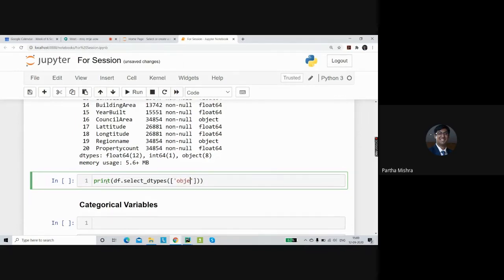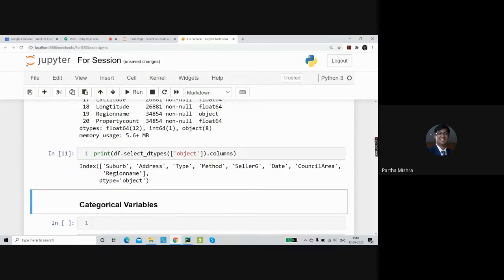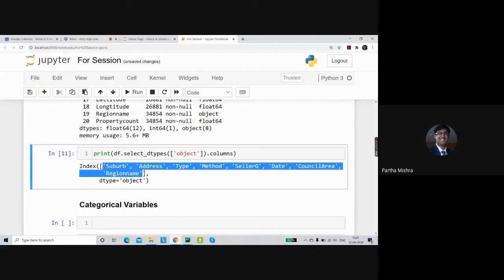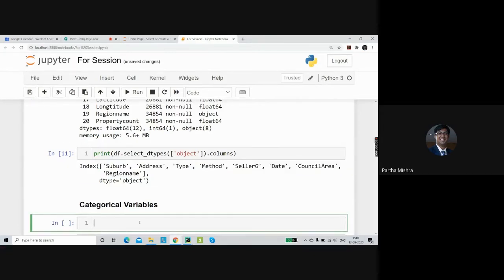So we require the object data type columns. So I'll just pass in object as a list. And then I'll mention it as .columns. If you run this, this particular object 8, which was mentioned in info, these are the names of those columns which are of object type. We actually got a list of these columns.